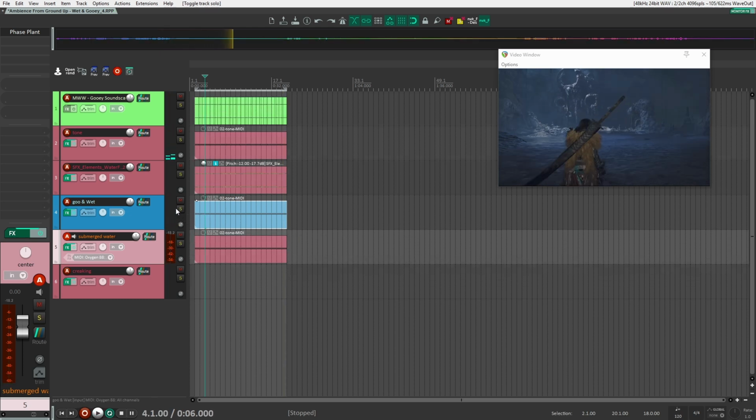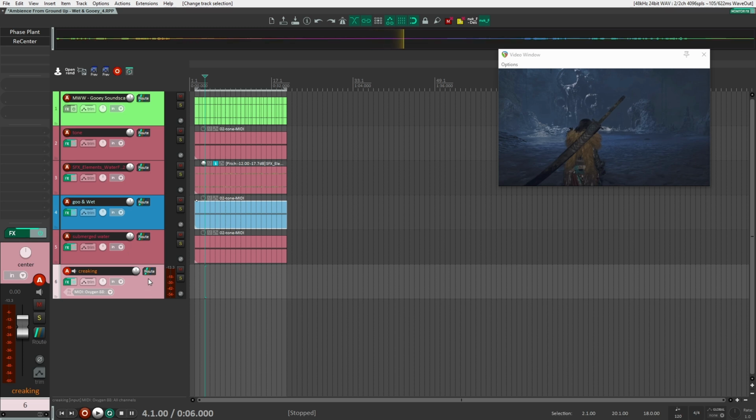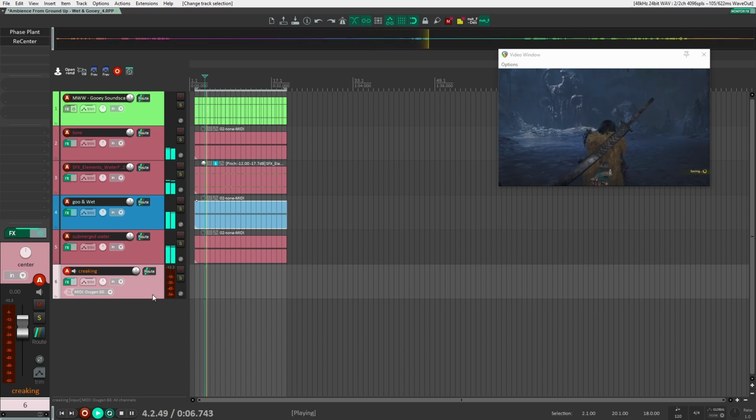Okay, and that made up the base of my ambience that I was going for here. Of course, I could add more little elements. You could add maybe bat sounds or a different layer of wind to have more gusts of wind coming in and out. And I also added a little creaking sound here. So if we play it in context here,